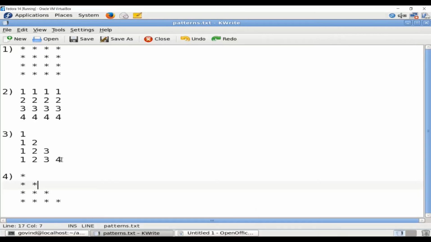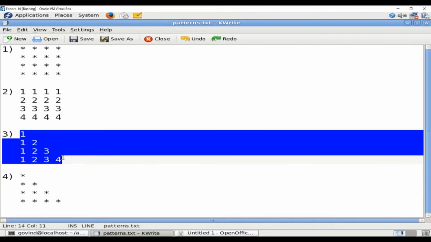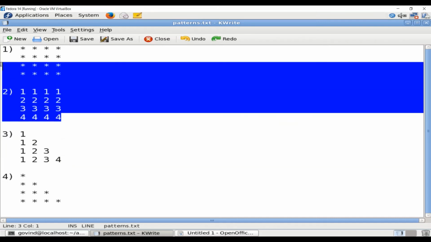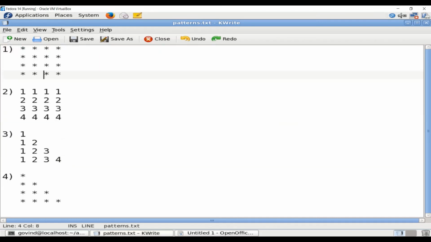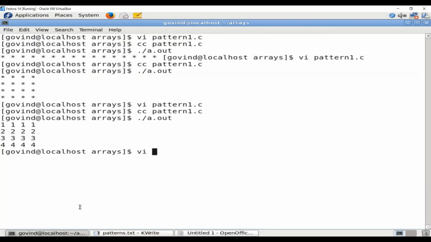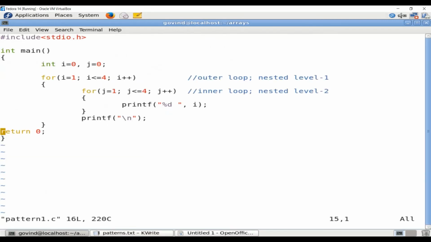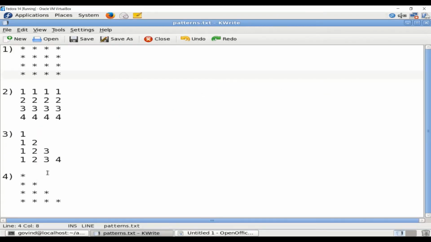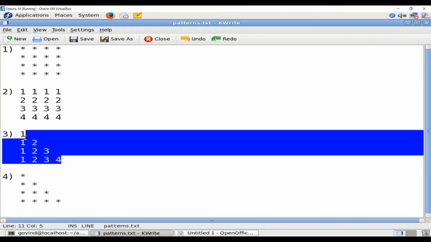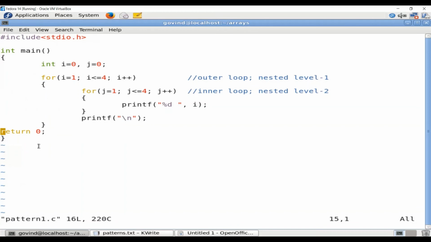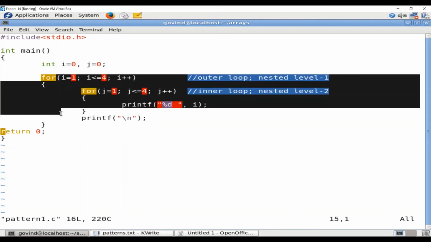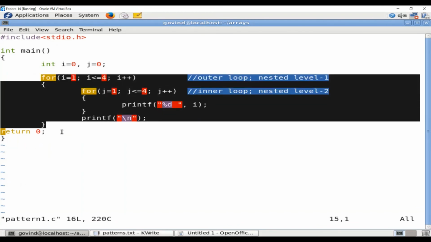Now coming back to the third problem definition, this can also be solved provided we have understood the first and second problem definitions clearly. So again I'm going to use the same program and modify it to make it work for the third problem definition. Now to make the understanding of the third problem definition clearer, let us try to represent how this nested loop can be represented in a matrix form.